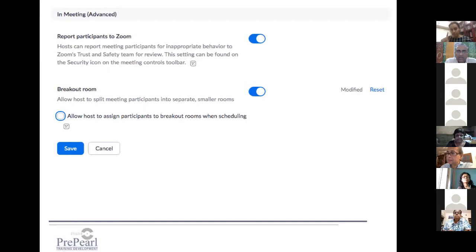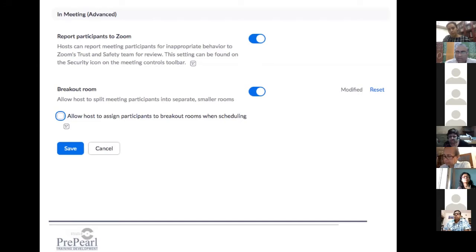So you just click on that. Then the next time you create a meeting, there's already an option asking if you want to set individual participants to the breakout rooms. Then you just save this option. So just make sure that your breakout room is set to active. And I'll show you how to get to this page also.